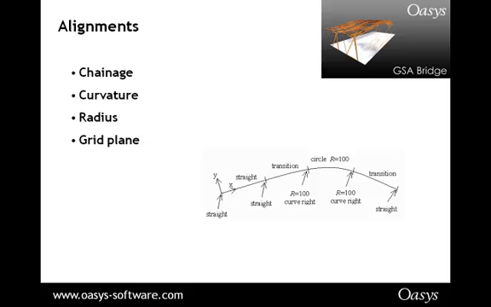Now, one of the most important things in terms of the modelling aspect is the alignment. Everything comes from this thing called alignment, which of course is from the road or the railway, and we specify it by a series of straights and curves, and you get transitions between the two and so on. So you can have constant radius curves and so on, and this does need its own grid plane. The alignment will start from the origin of the grid plane, so that's another important thing to set up, which we will demonstrate